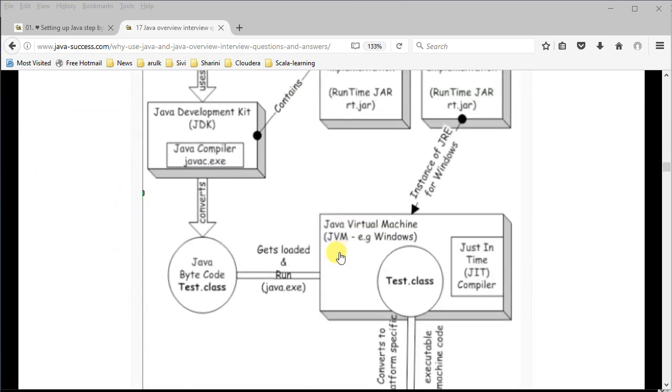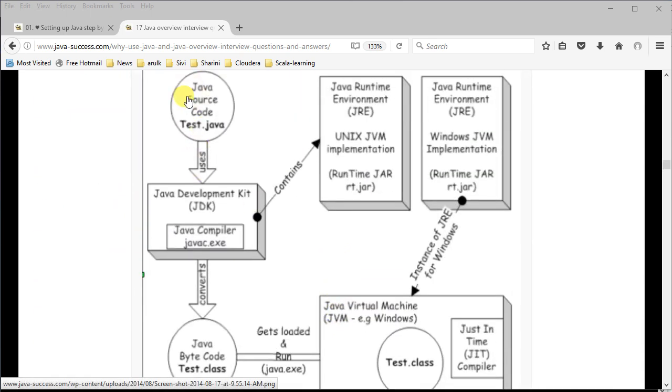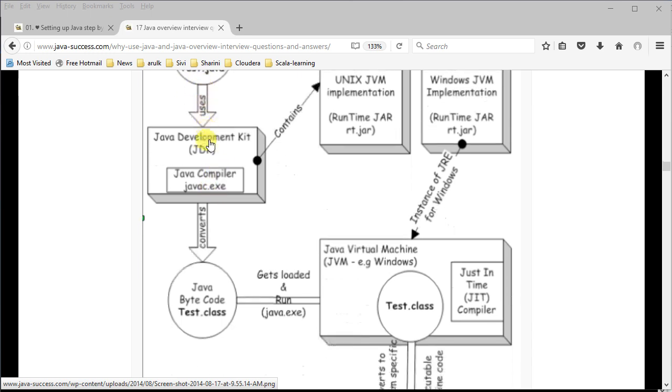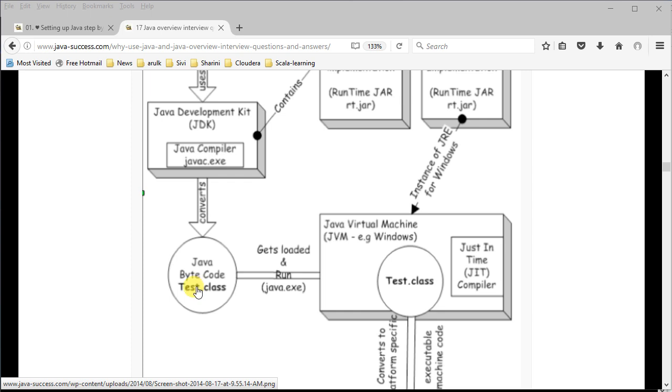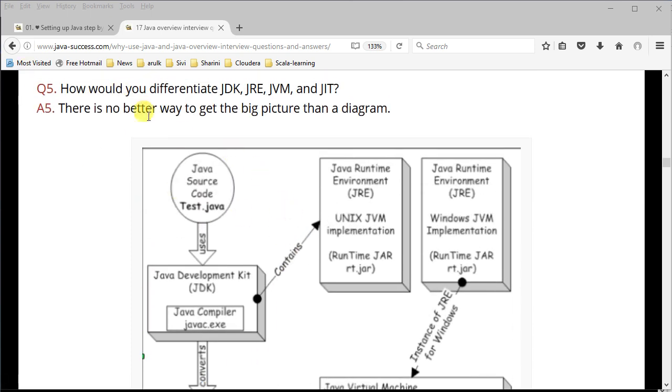So let's look at another diagram. It's the same, the Java source file. You have the Java Development Kit. Inside the Java Development Kit, we have the Java compiler, which is javac.exe. When you run that against HelloWorld.java, you get the HelloWorld.class file, which is the bytecode. And then you will have